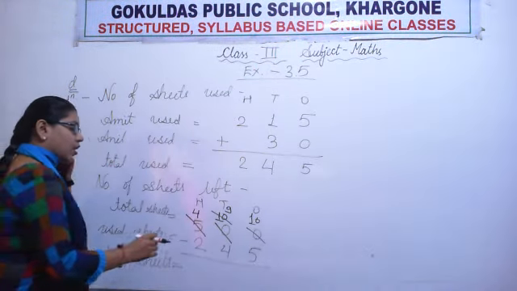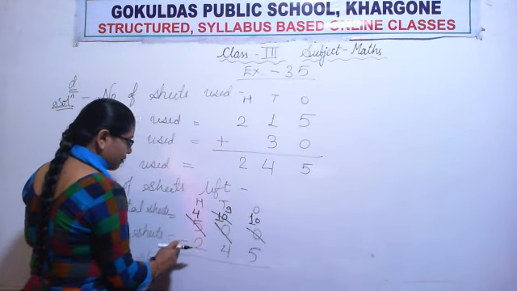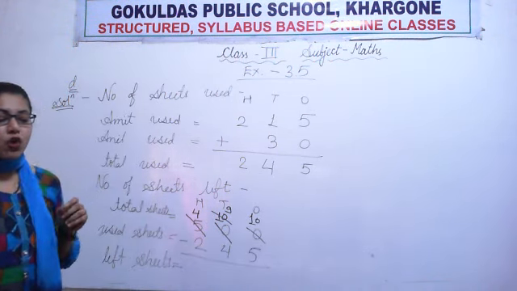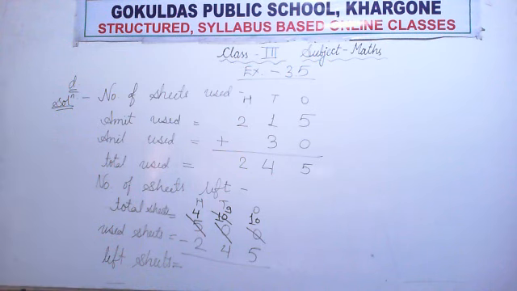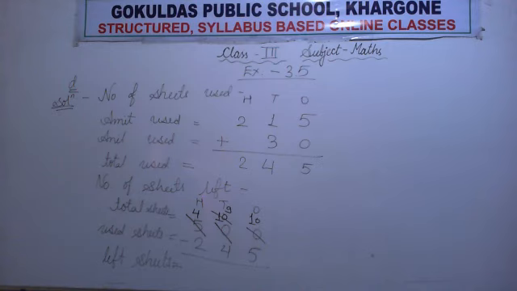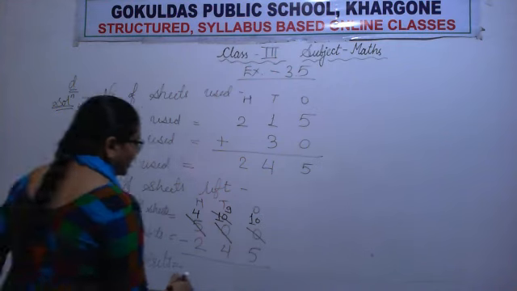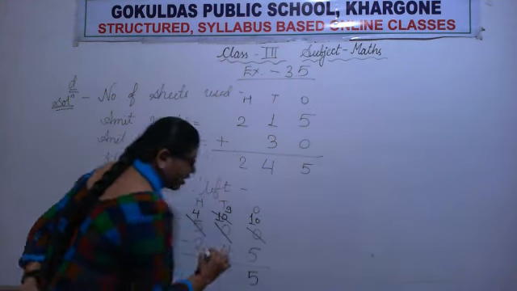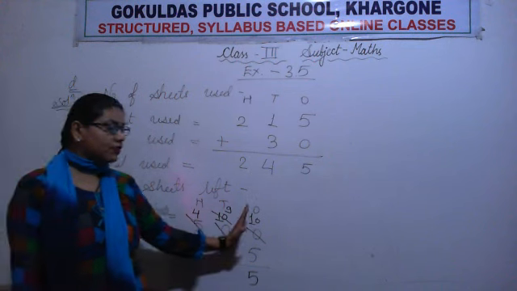Okay students, now let's start the subtraction. 10 minus 5. All of you open 10 fingers. Now minus 5. So remove 5 fingers. So close 5 fingers. How many fingers are left? Count them. Very good. 5 fingers are left. So we will write the number 5. Now we are done with the ones column.